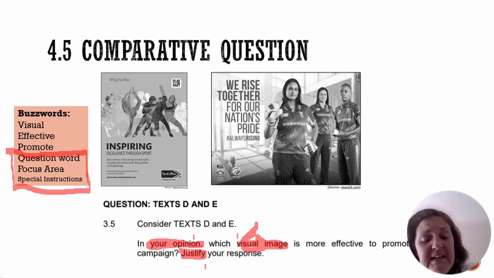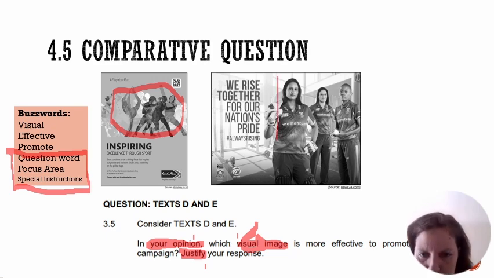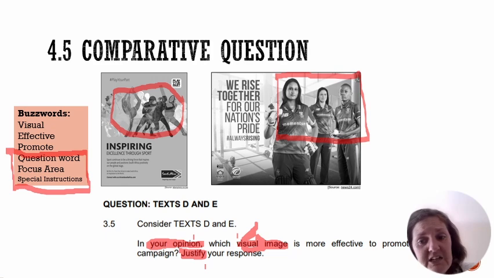They want us to look at the visual image, the picture. Picture also doesn't mean layout, hey? So we can't start talking about the sun. Got to just talk about the picture. So we have the cartoon characters that are playing different types of sports, and we have the real people who are women playing cricket, who are all nice and confident. Those are the two things we're speaking about in this answer, the visual images, and then the second aspect of focus area,